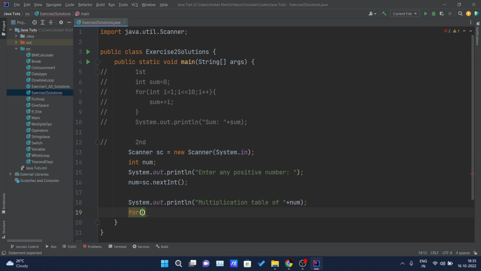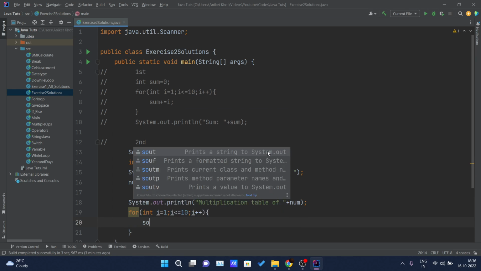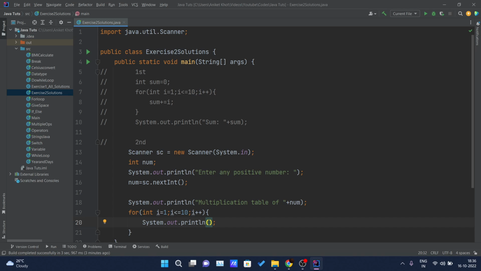So I will be using a for loop: for int i equals 1, i less than or equal to 10, because we have to generate, for example for the two's table, two tens are 20. Up to that we have to generate; you can generate as much as you want. Inside this I will be printing the num plus